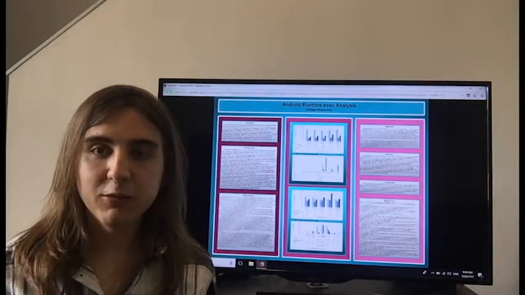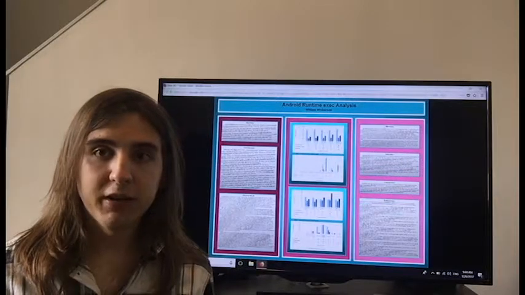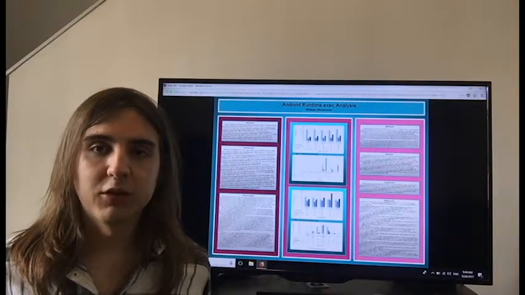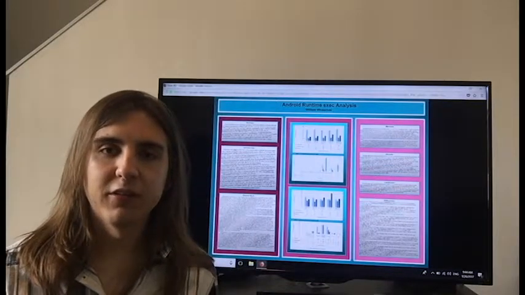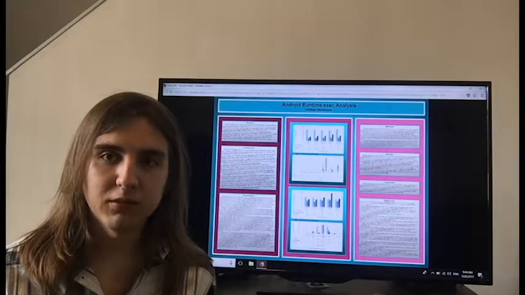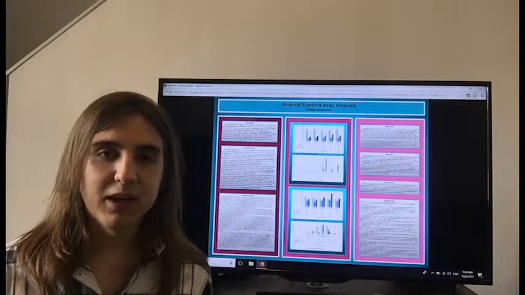So my project was Android Runtime exec analysis. Android right now is the world's biggest mobile OS, with over 100 million users in just the US alone, and it's currently expanding to other devices like tablets and Chromebooks. Since it's so big, it becomes a target, but since the OS is pretty sound, normally people just try